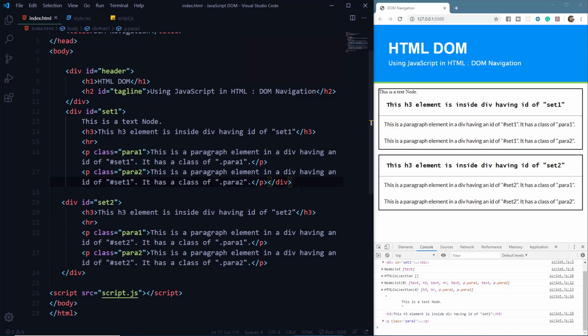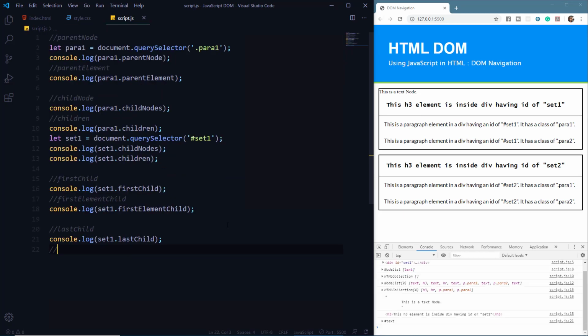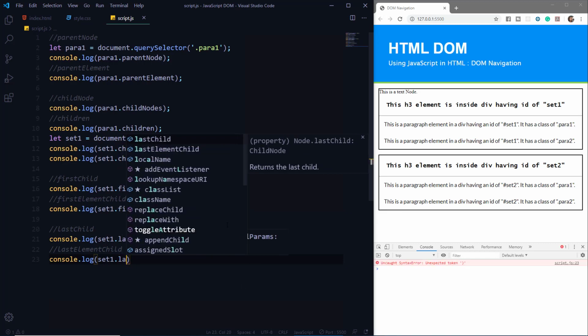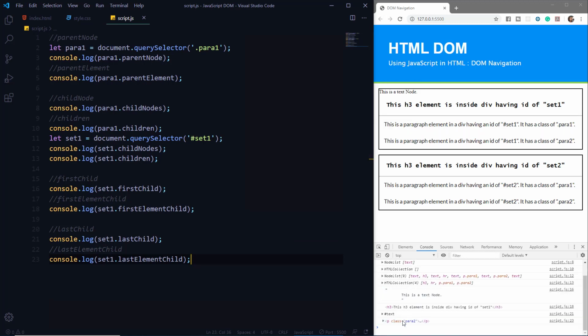So basically it is returning the text node which is the last child of this div having an ID of set1. Now again here also we can do lastElementChild. And if we log this onto the console, let's see what we get. And here you can see we have got the element which is the last child of this div having an ID of set1.